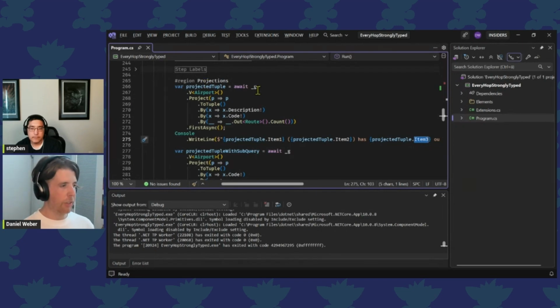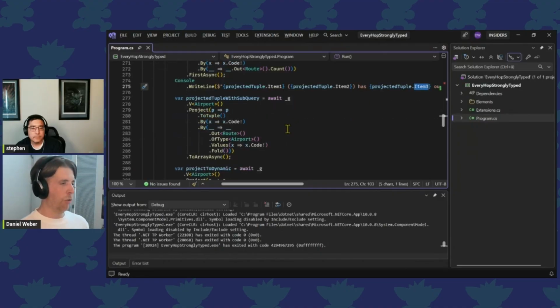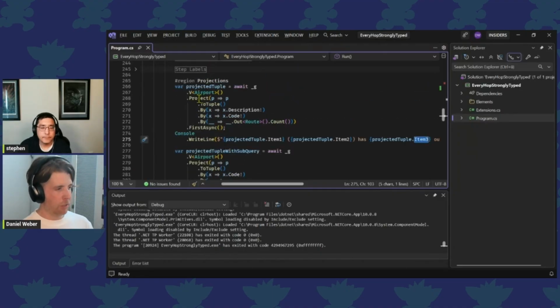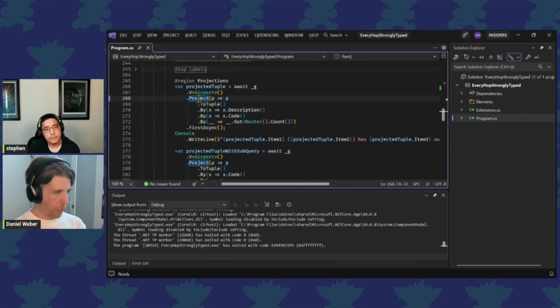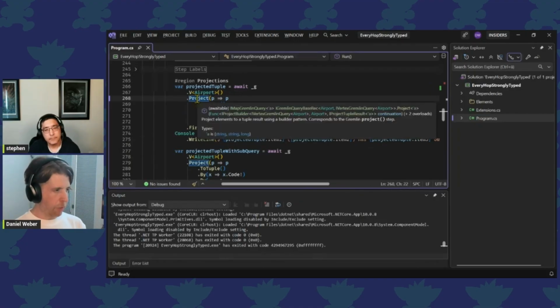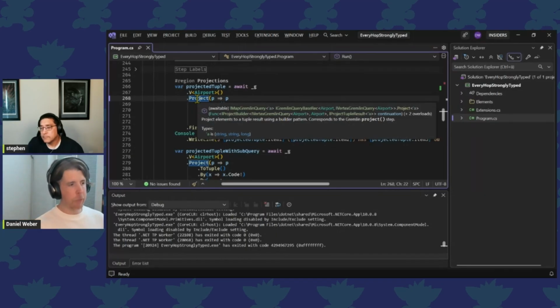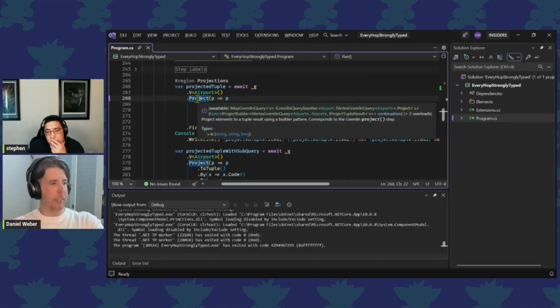It's just out of the box. Also, we could project to, and what the project operator gives us, I should say, real quickly, is an IMAP Gremlin query. We're going to talk about the IMAP Gremlin query part of that, of tick A being described below as being a tuple string long. So this is nowhere in your domain object. This is nothing Gremlinq knows